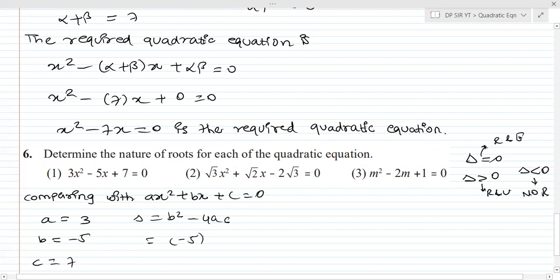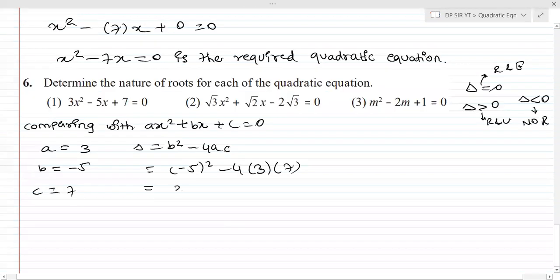Here it's minus 5 square. Thank God minus 1 nahi aaya. Minus 4ac, which is equal to 25 minus 12 into 7. So 25 minus, 12 sevens are kitty? People, if you all don't know this, I'm going to hit you all. It's 84. Tables bad nahi abhi tak. So 25 minus 84 is minus 59.